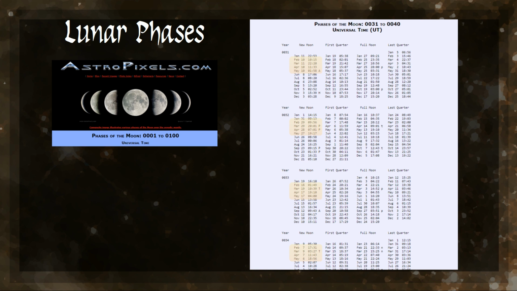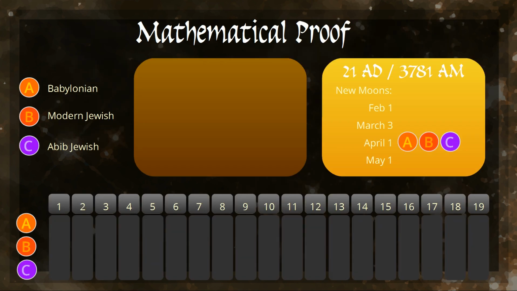You have to remember that even though we are interested in the beginning of the religious year in the springtime, the start of the civil year and the change in year number happens 6 months before in the fall season. Now we will go year by year and apply the new year rules for each calendar and see what happens.